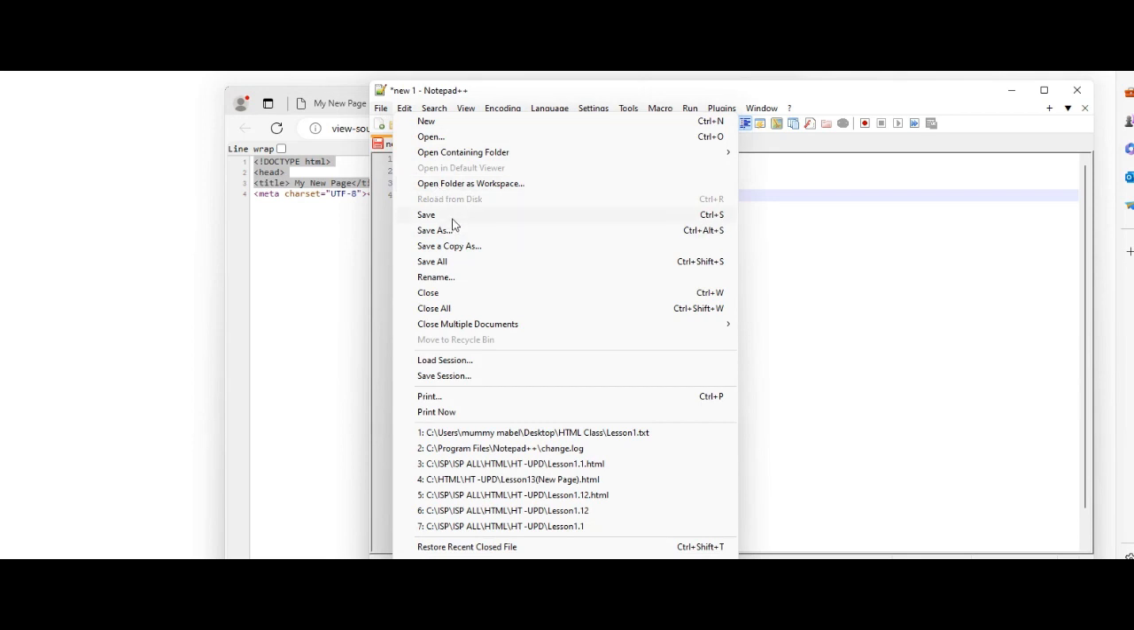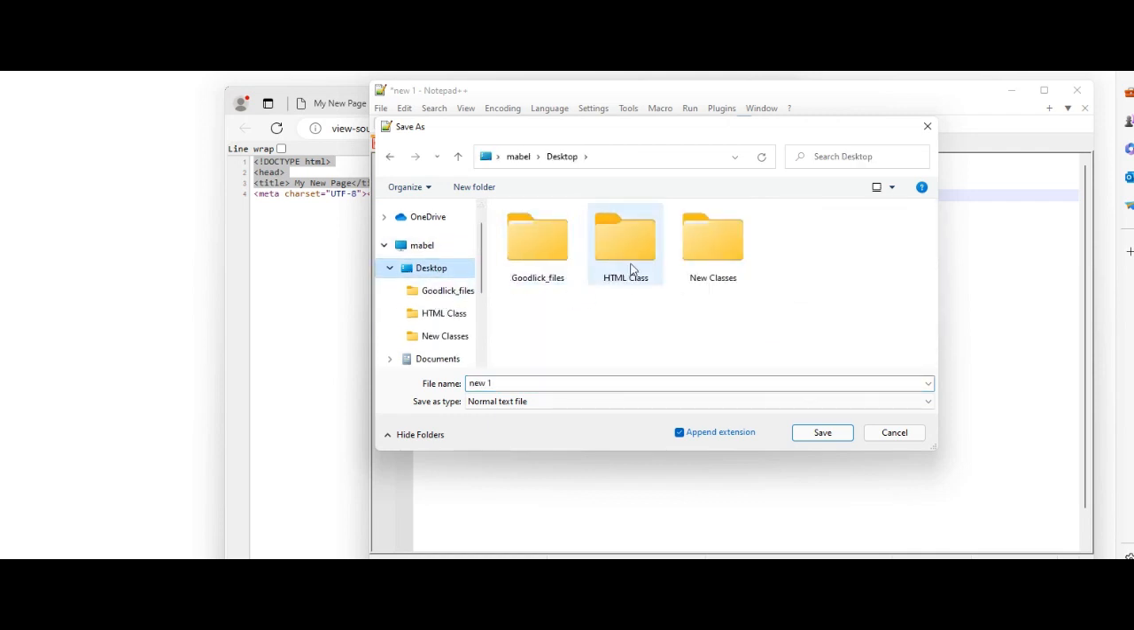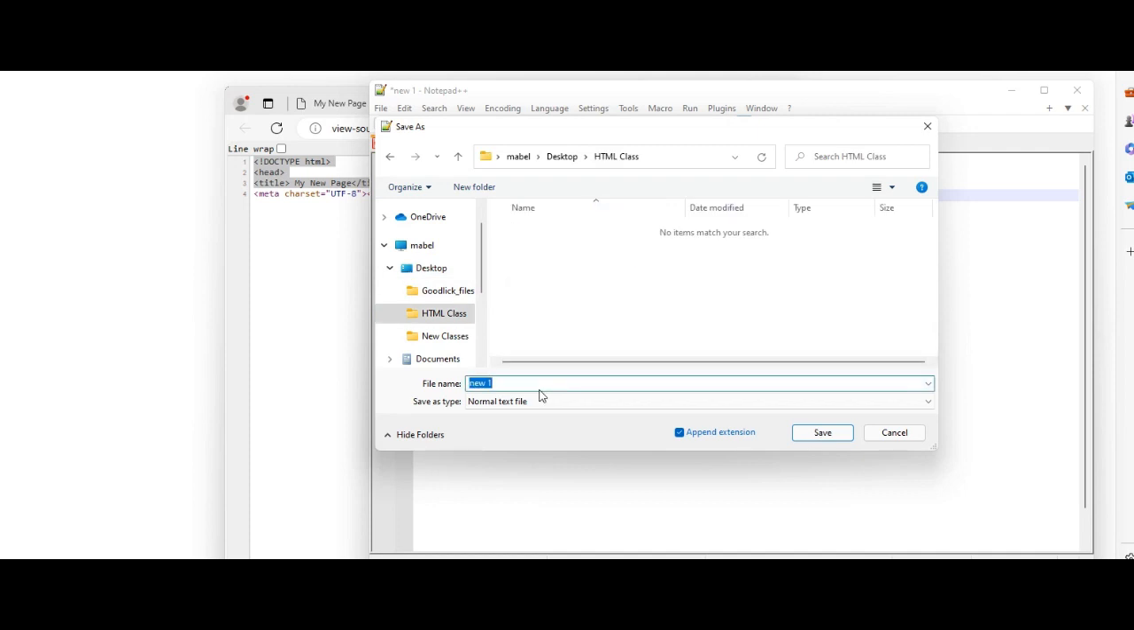I click file. I click what? Save. When I click file, click save, I have created a folder where I'm going to store the information. So I go to that folder now. It's on my desktop. I double click my desktop. This is the folder HTML class. I double click it and I call this lesson